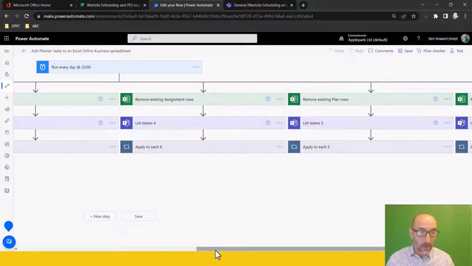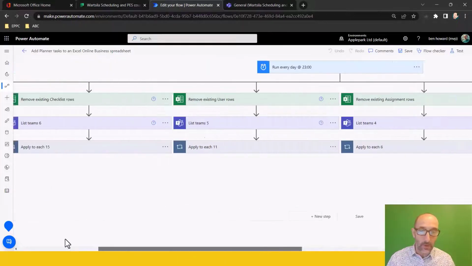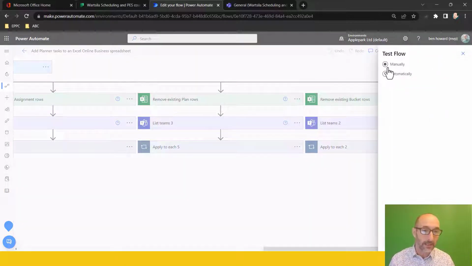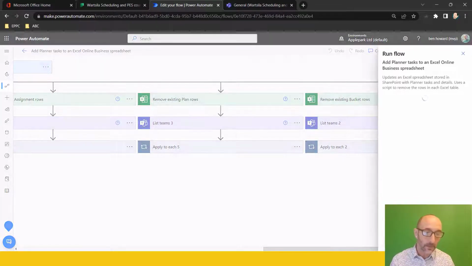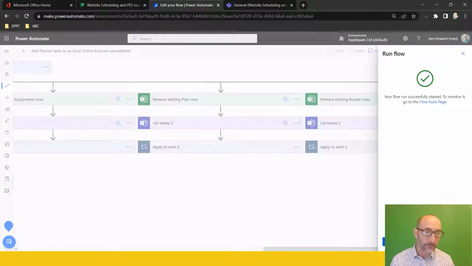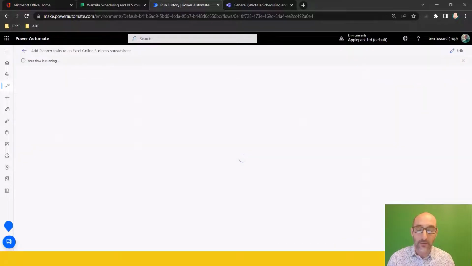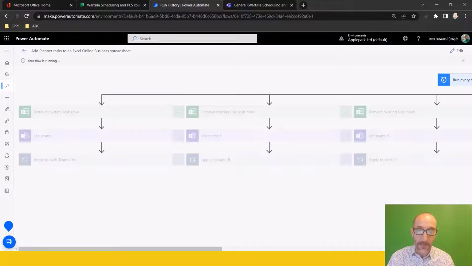Okay, so this is a quick one. Yep, let me just go and test that. Of course, it would run at 9 o'clock manually, and test. Okay, that should be running. Done. And then this page will refresh, and it will show me that the flow is running. And hopefully, all being well,